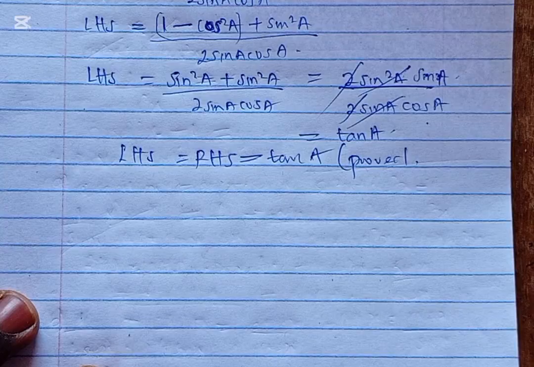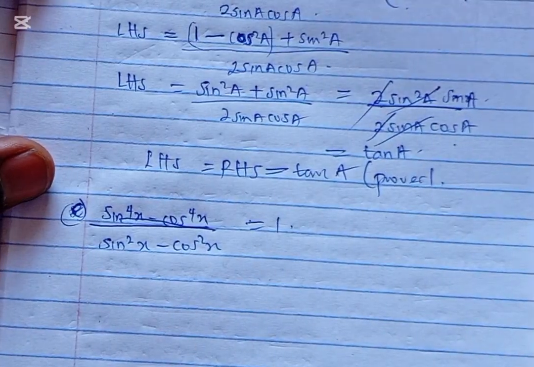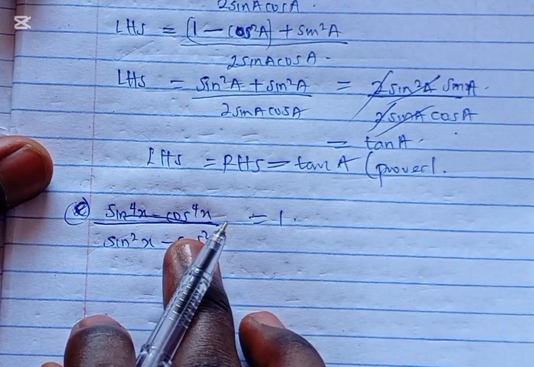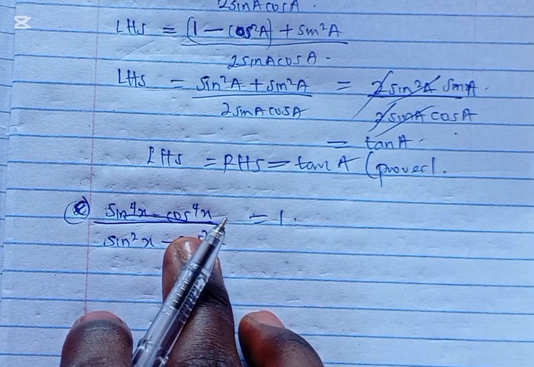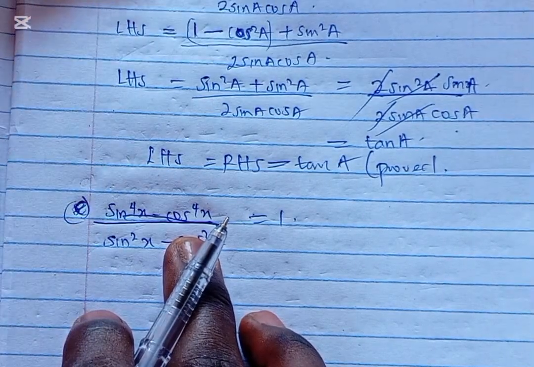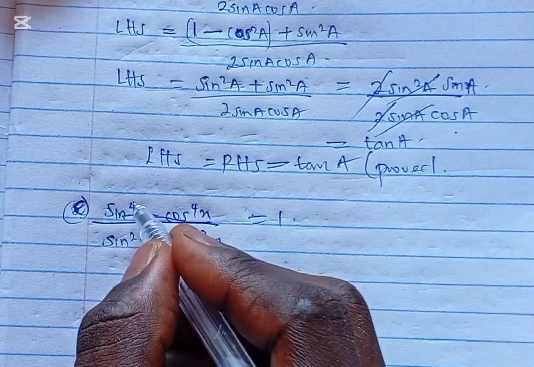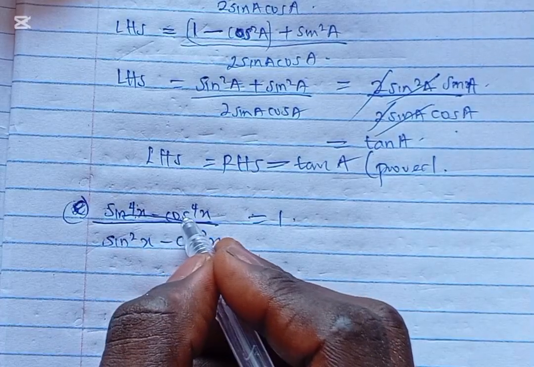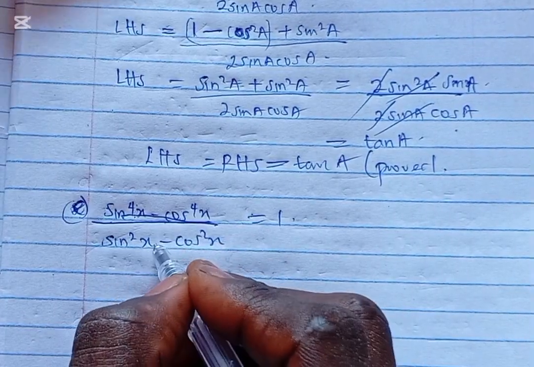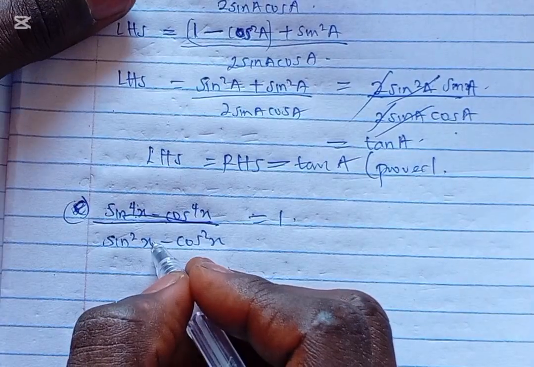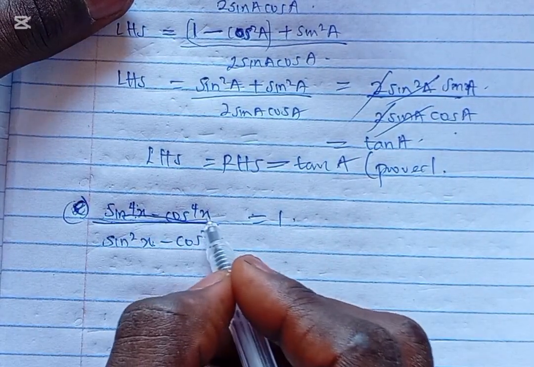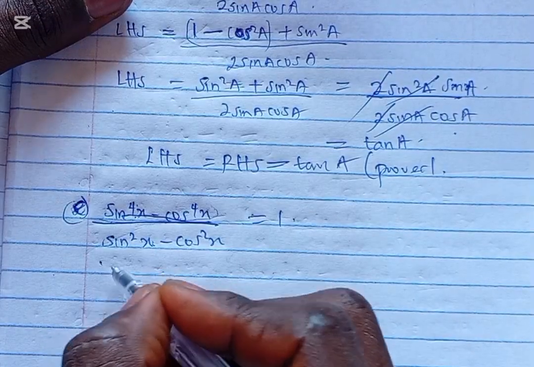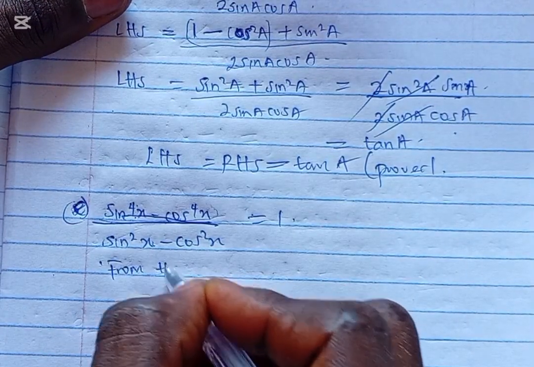fifth question, okay? Now, we have something of the such. How are we going to do this? Okay? Now, let's follow the procedure, okay? Now, we have sine x raised to power 4 minus cos x raised to power 4 divided by this. So, how are we going to do it? I can say that I can represent this one by something. Let me see from the